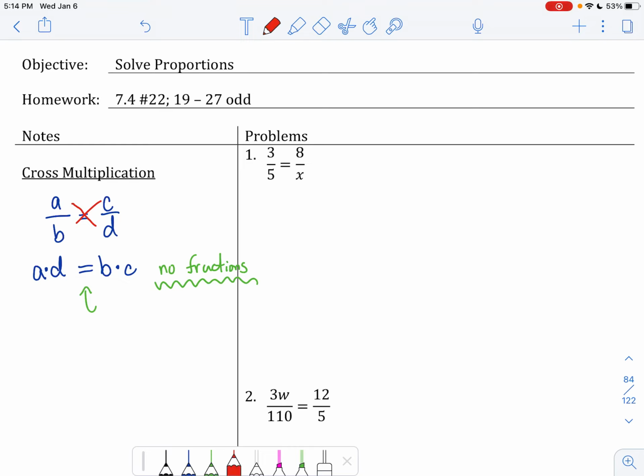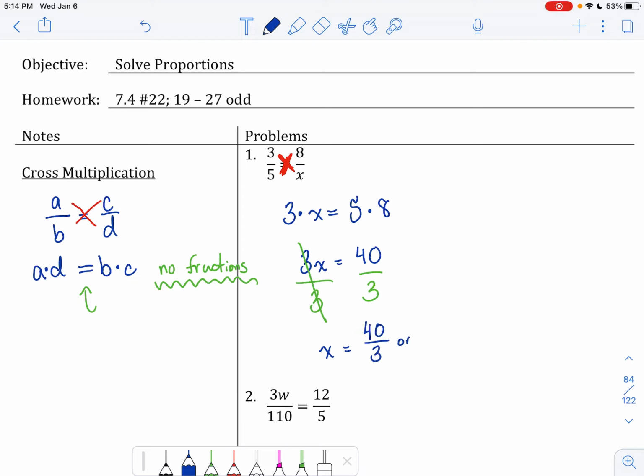Whenever you see something with 2 equal fractions like this, number 1, 3 over 5 is equal to 8 over x, I'm just going to immediately cross multiply, and that tells us that 3 times x, the ends of each cross line, is equal to the ends of the other, which in this case is 5 times 8. So we can simplify that as 3x is equal to 40. Divide both sides by, not by 40, because we want to get x by itself, so by 3. That cancels out, leaving us with x is equal to